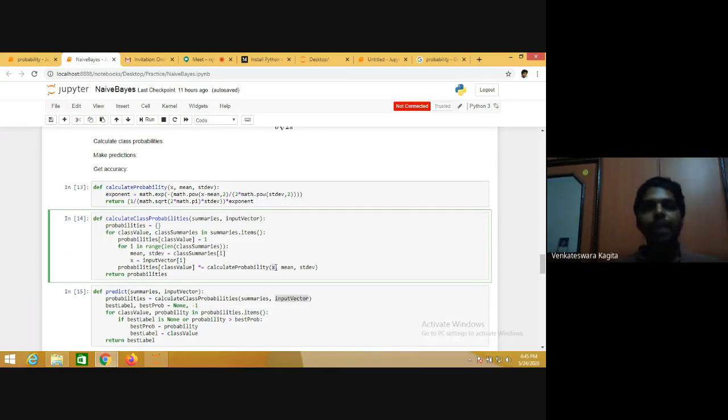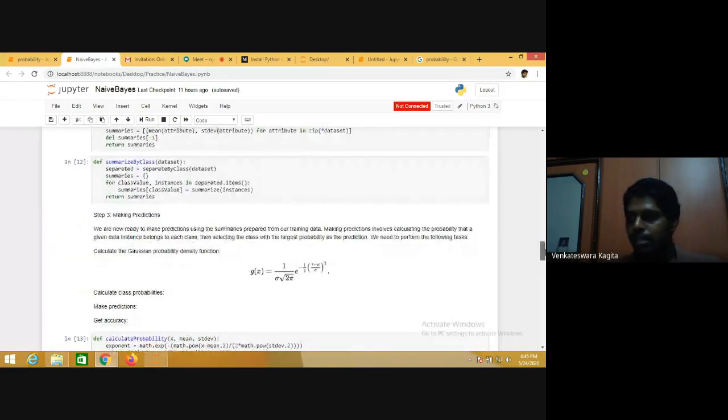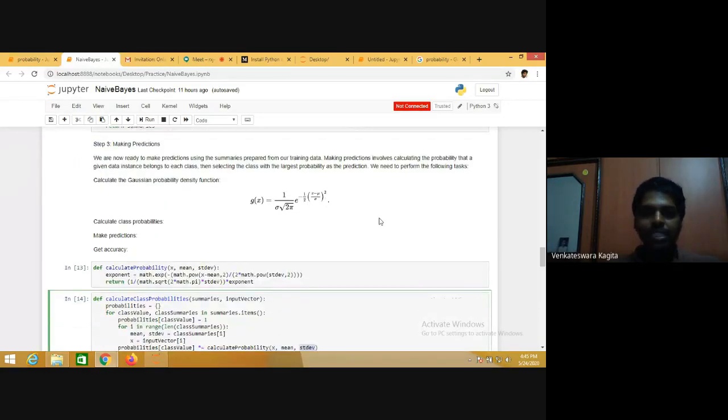It passes the first attribute value, that is 2, and the mean and standard deviation of that attribute for that class value, and computes the probability using the normal distribution function. So you have a normal distribution function, which calculates the Gaussian probability density function for this x value with this mu and this standard deviation. This is what it is doing in calculate probability.